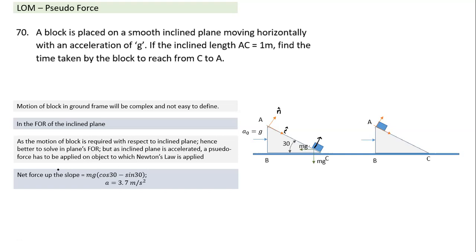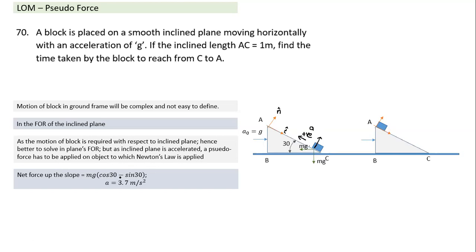So what force will act up the slope? We know it is going to move up the slope, so the pseudo force component will be greater up the slope, and this will be smaller. So it will be mg cos 30, and this component will be cos 30. And the weight acts down the slope, that's why it is negative. Sorry, I have written this direction to be positive. Yes, the block is going to move in this direction. This is the direction of acceleration also in this frame of reference.